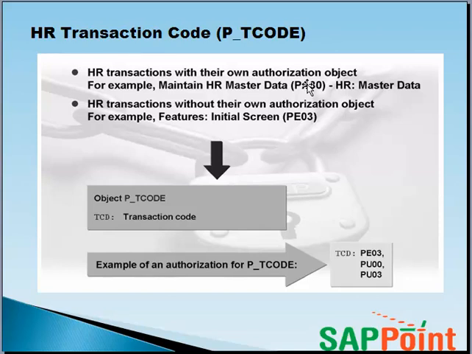The P_TCODE authorization object was implemented before S_TCODE was introduced within SAP. But given the increased need for protecting the HR data, the P_TCODE object was retained as a protective measure. So for transaction codes such as PE03, when you put that in a role, you will see that it is there in S_TCODE, but also to execute PE03, you would need access to this transaction code PE03 in the P_TCODE object also.